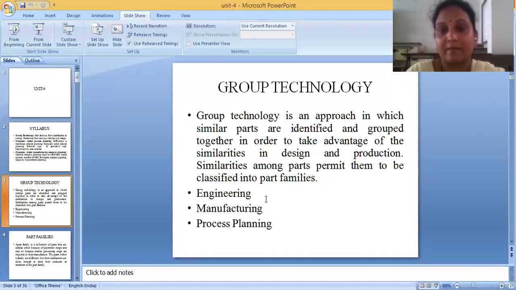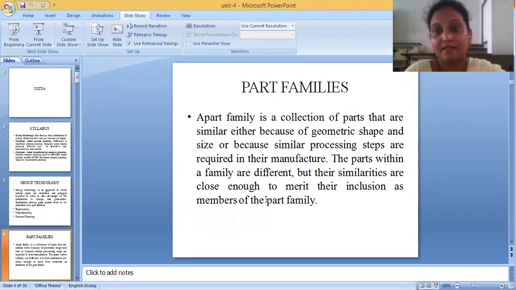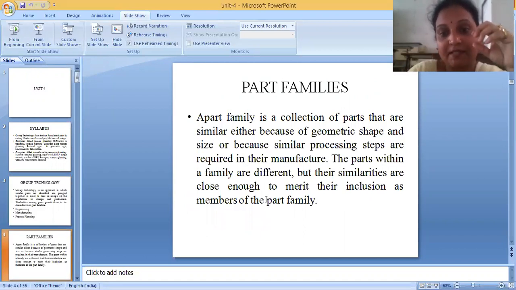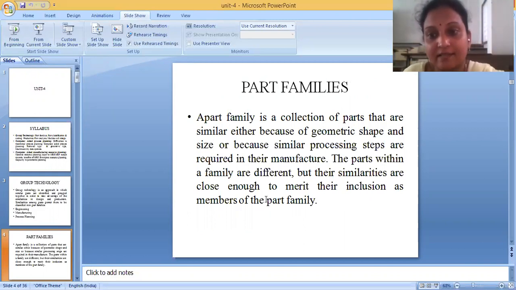What is a part family? Here we classify the components based on shape, size and manufacturing process. We just divide the components into different sets. A part family is the collection of parts that are similar either because of geometric shape and size or because similar processing steps are required in their manufacturing.